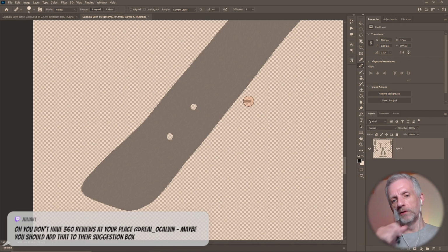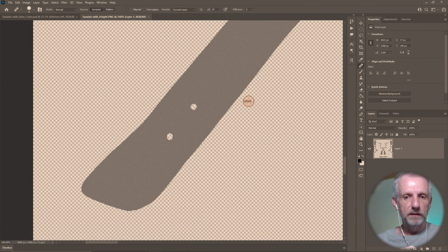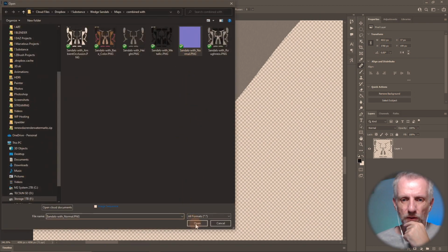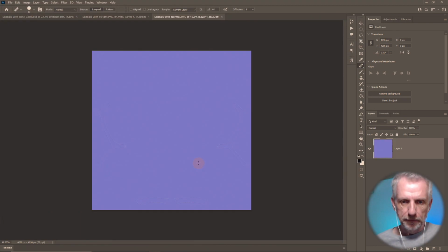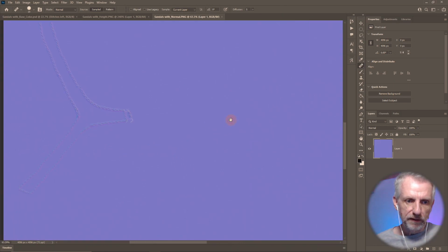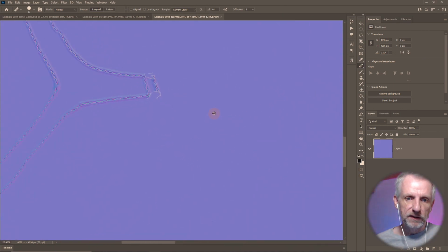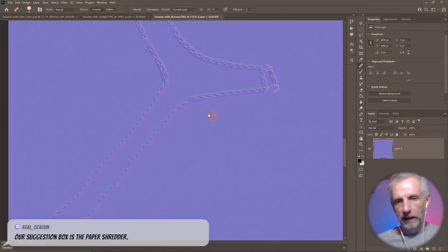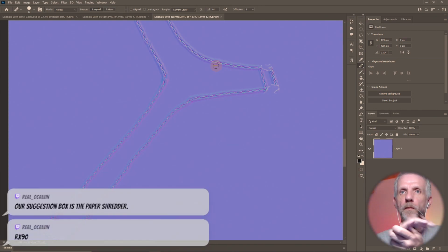So I'm wondering, I kind of like the idea that the stitches would create a bit of a height difference there. This could also be in the normal map, which is difficult to see, but look, the stitches have information in the normal map. I think because I have a black and white image,